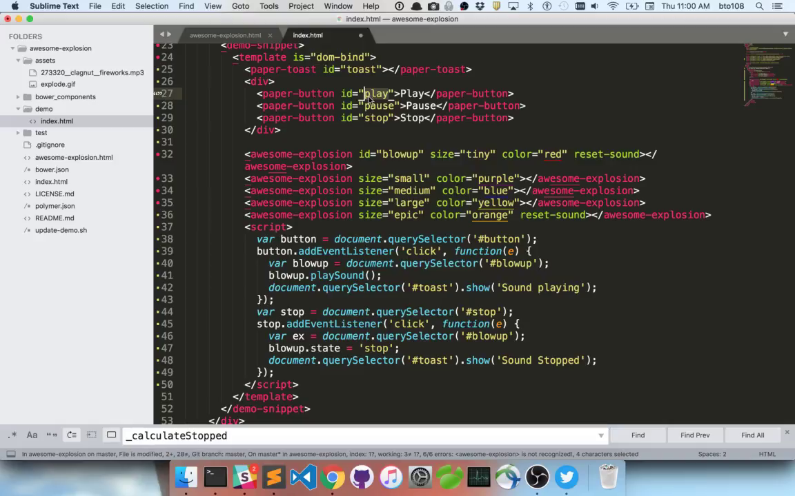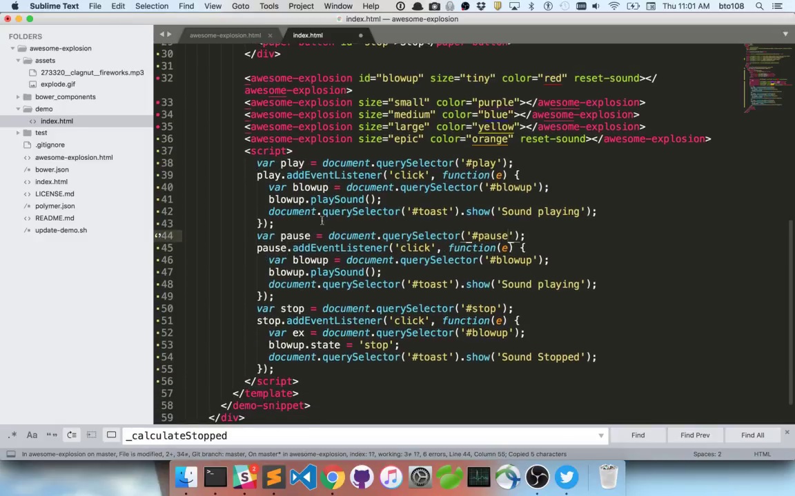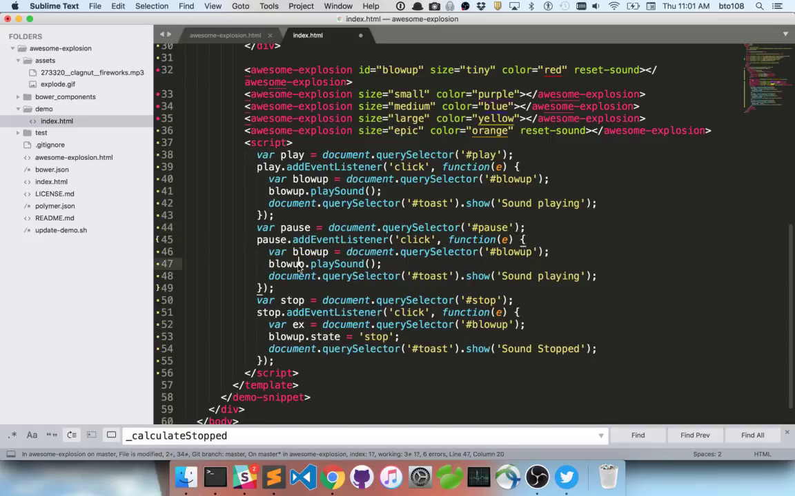and we're going to run around and do play everywhere, button play, and then I'm going to copy this, paste it down there, and we're going to do pause. Okay, and then it's not going to be blow up dot play sound, it's going to be blow up dot state equals pause. And then it's going to be blow up dot state equals play,